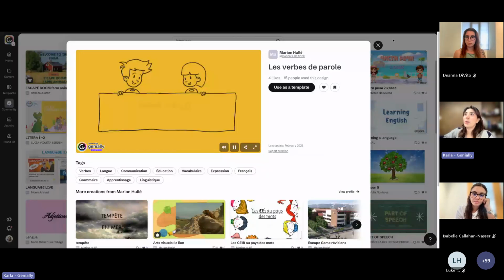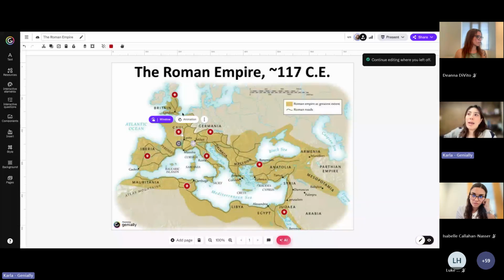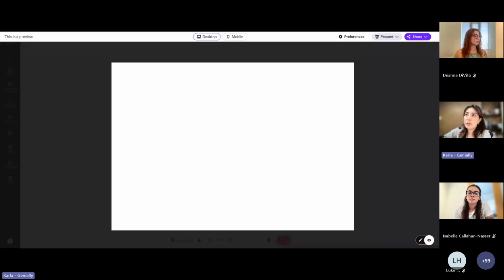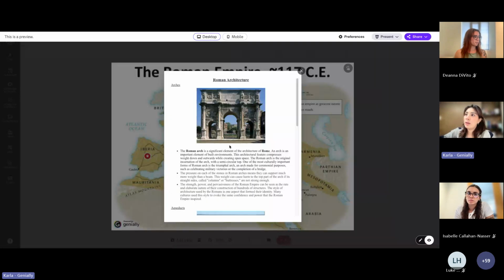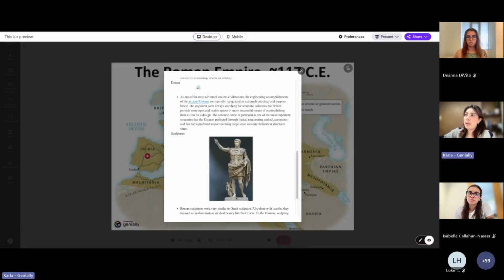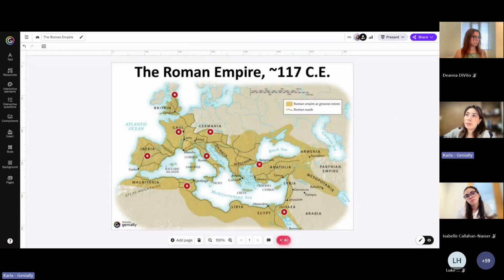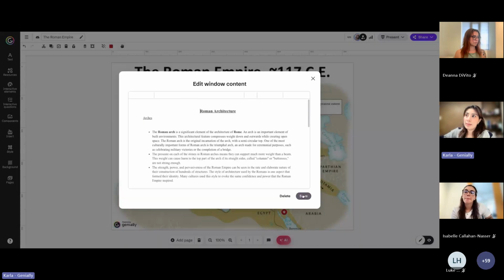I'm just going to quickly show you what it looks like. For example, I have this template from the Roman Empire. Someone created it, I think, in Italy. And then you can see that there are different hotspots in this one. How this one looks is it's an image where you click on different elements and you see they have different information and images of what this country or the architecture. So what you can do if you need to modify something is you click on it, you go to the window, and you can edit anything that's right here.